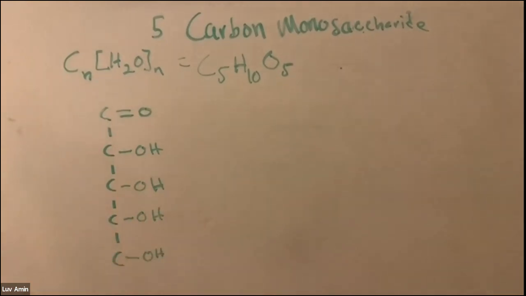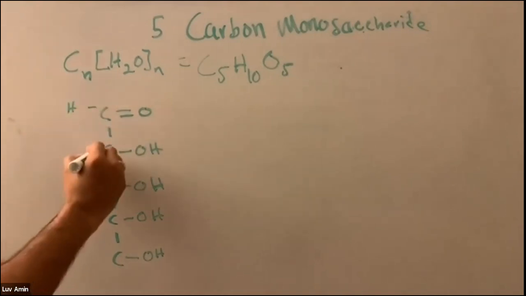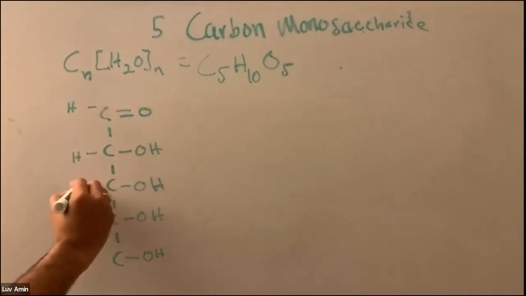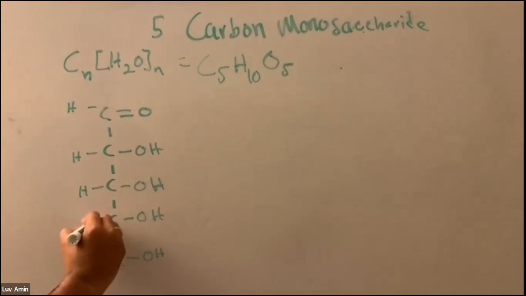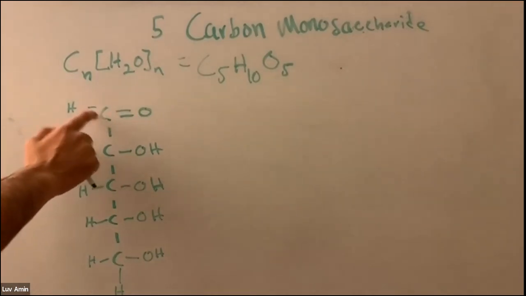And since carbon can have 4 things bonded to it at once, the rest of your bonds will be hydrogens. And since this carbon only has 2 bonds, you have 2 hydrogens. So this is one way to draw a 5-carbon monosaccharide, where you have your carbonyl at one of the edge